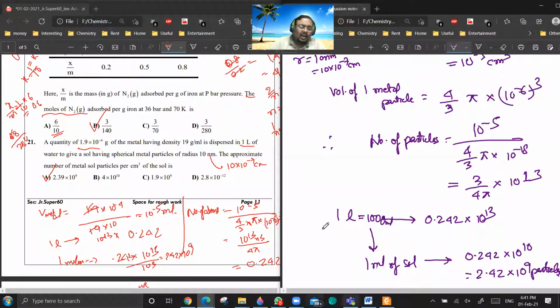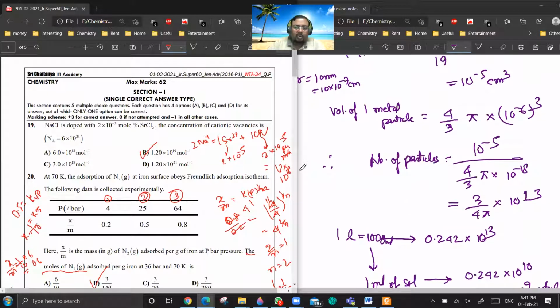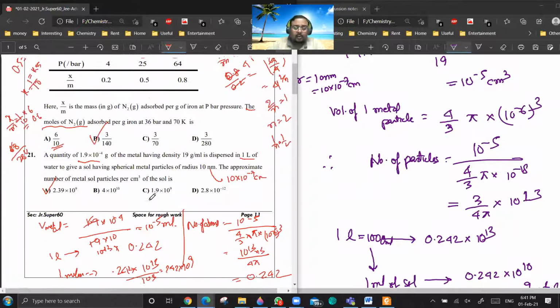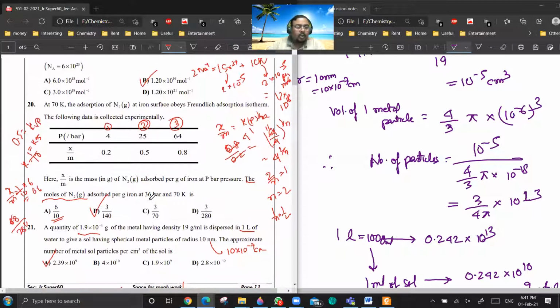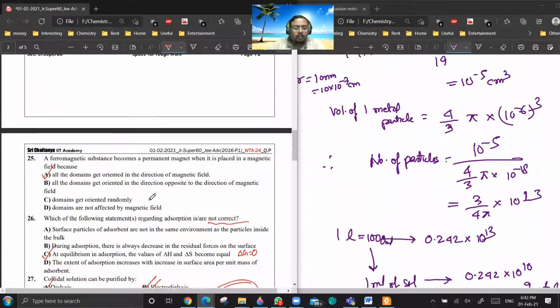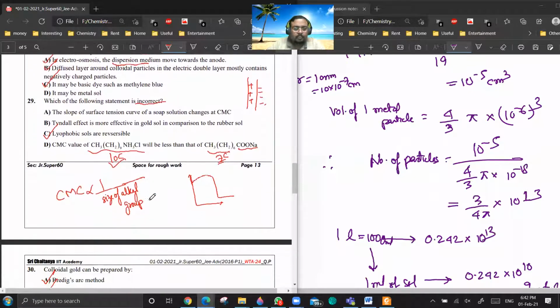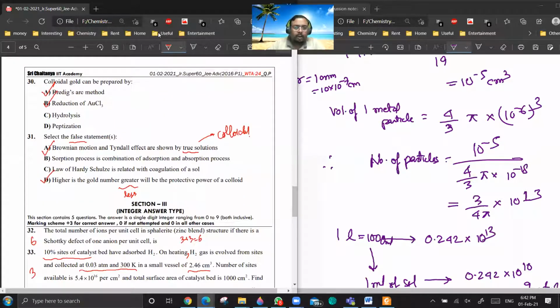So all these are basically calculation sensitive questions. Means in concept you cannot do any wrong. Only in calculation you might get the factor of 10 or something like that. Other than that, there's nothing in these type of questions. But it is a good collection of numericals from solid state, from surface chemistry. So it is good. So I think any other question which is a doubt? No, sir. Okay. So I'm concluding this paper discussion by pausing the recording.